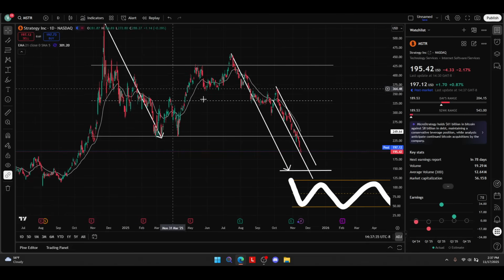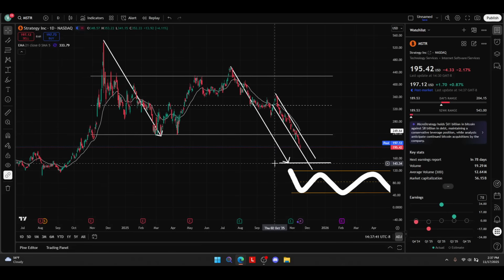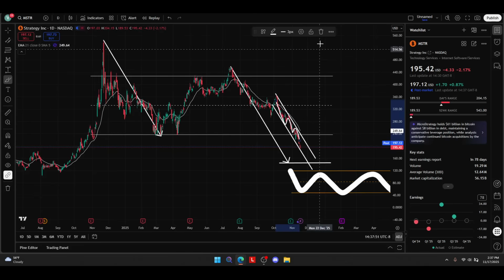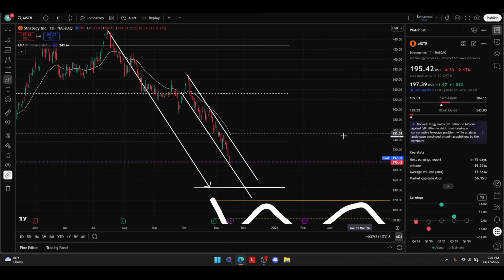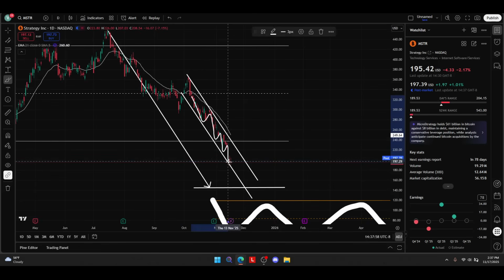See how we have a macro range pattern that we just broke outside of, and then we have a measured move target at the 143 level. And bears are looking like they want to get there. Yes, we can have a counter trend rally anytime now because we're overextended, but we've been overextended for a while now. So this is basically a very strong trend. Whenever you see price trading parallel to that EMA and not pulling back to it, that's a very strong trend. So it might just get to the 140s